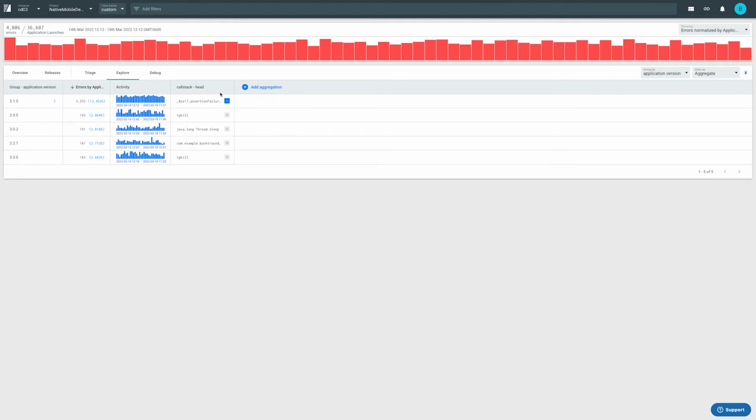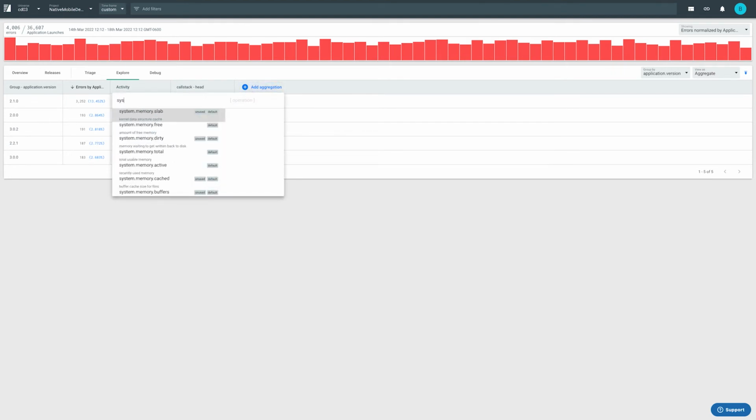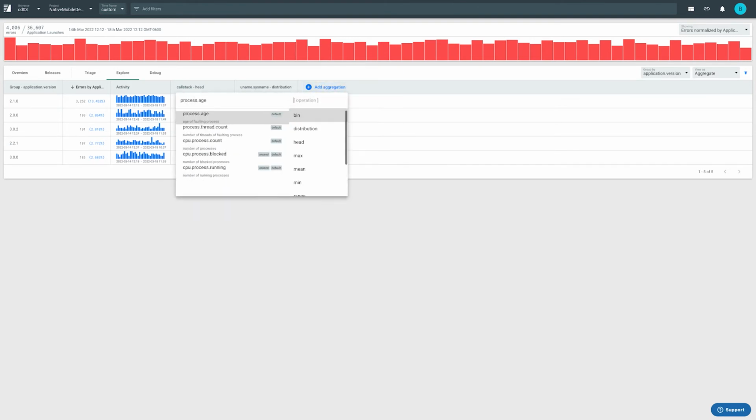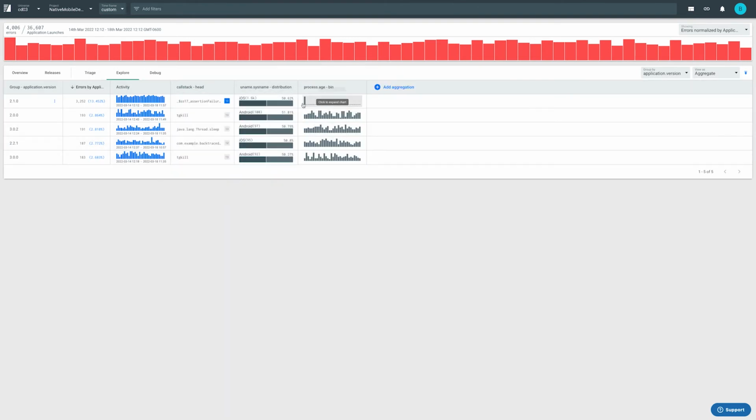Let's see if the error rate is higher for iOS or Android. We can select sysname, a standard attribute that the SDKs capture, and show a distribution. We see that there's no discernible difference. Let's try process age, the amount of time the app was up when the error was captured. We select a bin view. This operation is available to us based on the data type of process age, a positive number. We clearly see for the problematic version, the app dies very early on in the process compared to the other